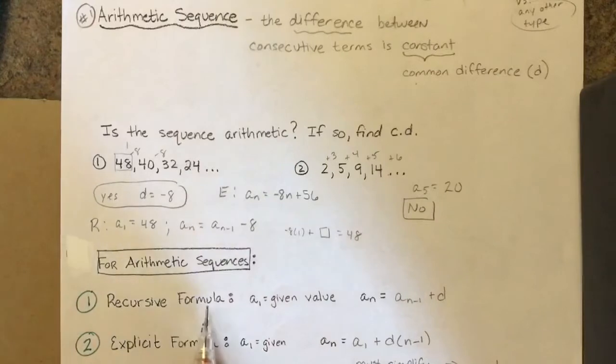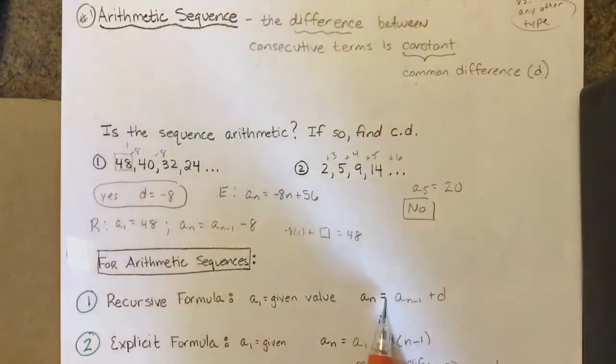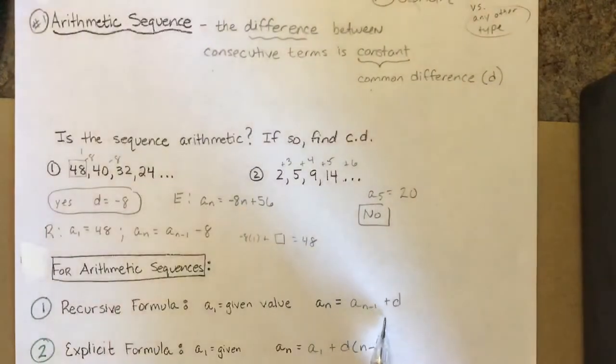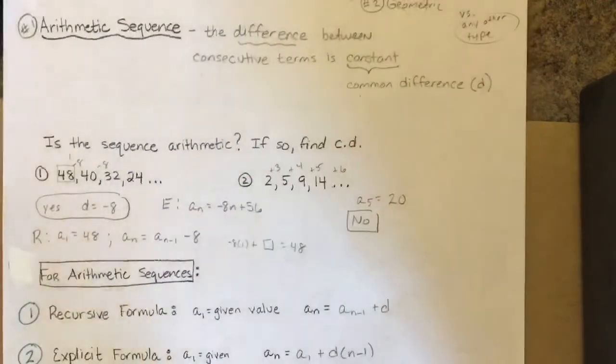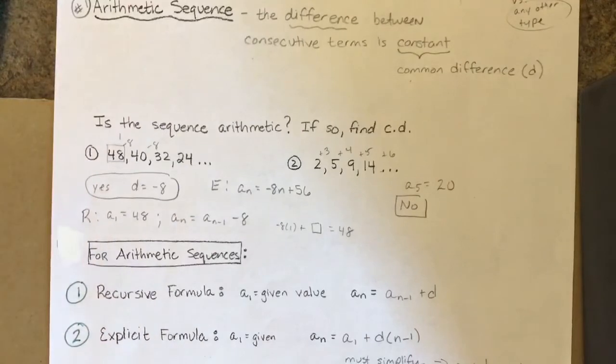The recursive formula always starts out with a sub 1 being whatever the first value is, like here, 48. Then for the recursive formula, you take the previous term and add whatever d is. If d is negative, it's just like minus 8 or something. d could be positive or negative, right? Now, to get the explicit formula,